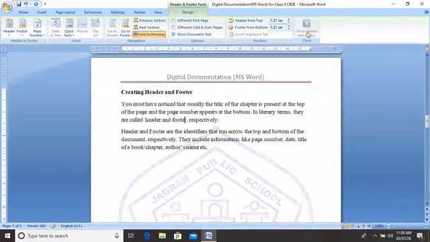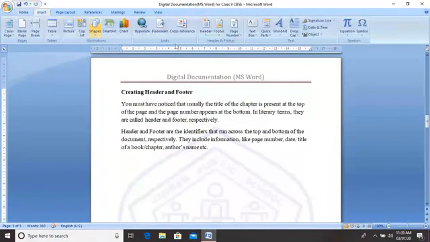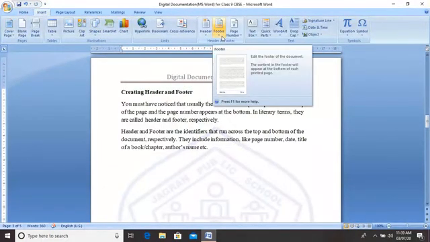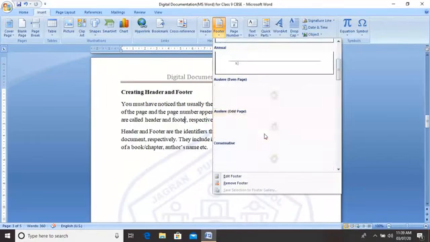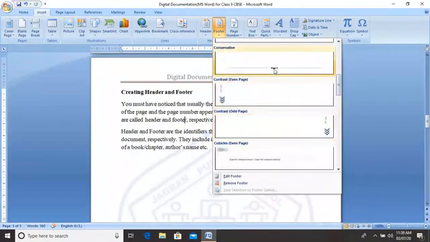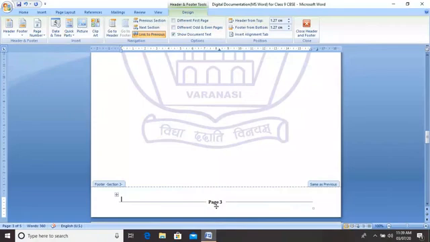Close it, come again on footer and see the page number. Here we have page number, click on it, see the page number. We need not change the page number because it's a default setting. If we change the page number, it will create confusion. So there is no need to erase it and rewrite. It's a default setting if we are using page number.